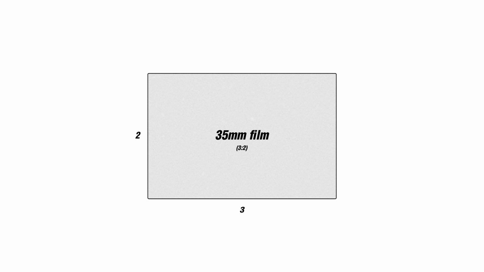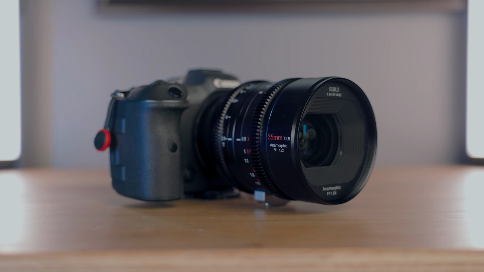Now, if we back up even farther, anamorphic lenses were invented to shoot originally with film cameras. And if you know anything about film and 35mm film, the dimensions are a 3:2 aspect ratio, or about 36mm by 24mm. So with an anamorphic lens, most of them are about a 1.33 times factor. This one, as I mentioned, is a 1.6.